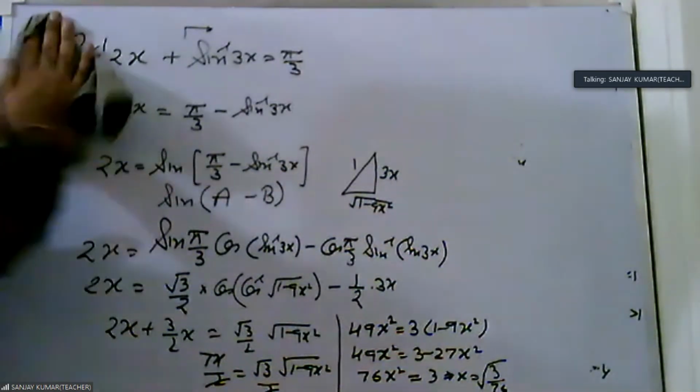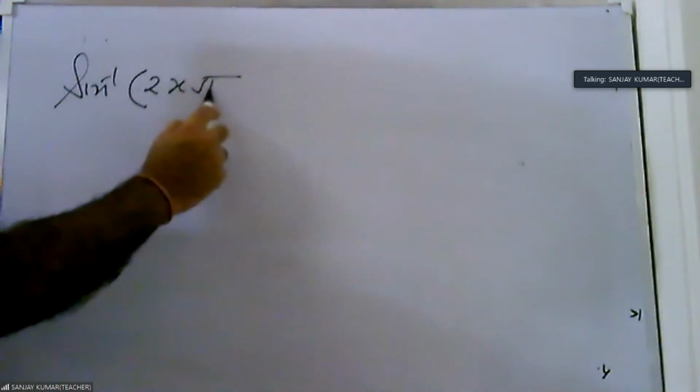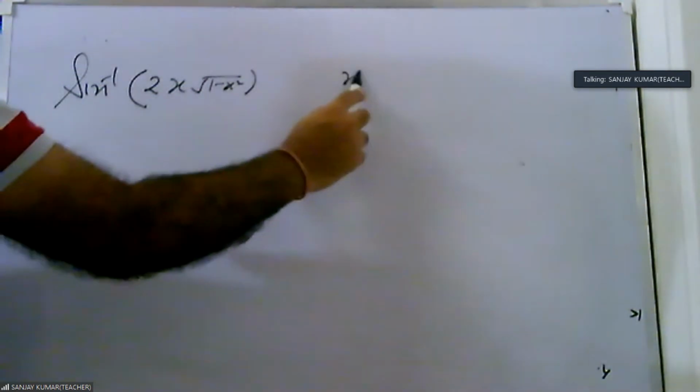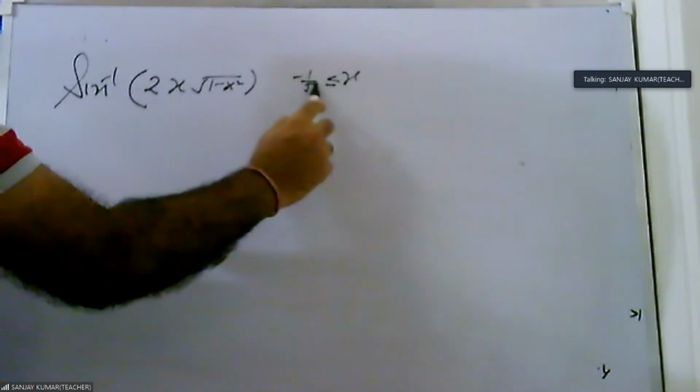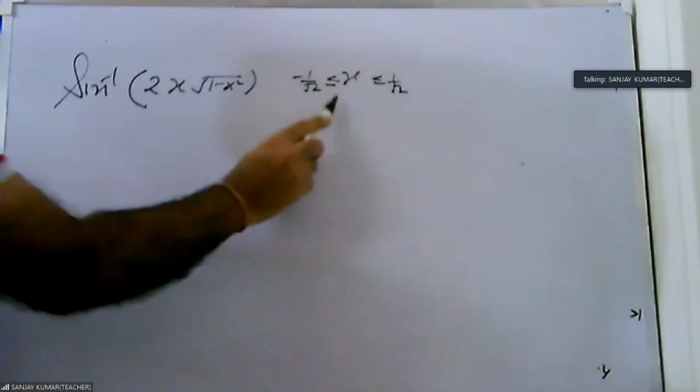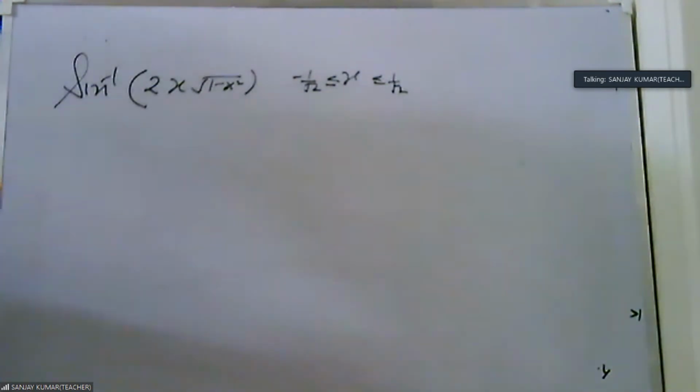Now you see very carefully your screen. Okay, we start type C. This type is common with the differentiation chapter. This exercise is also in differentiation, also in inverse trigo. तो अब आप प्लीज बहुत ध्यान से देखोगे ना, you see very carefully. This is the question: sin inverse of 2x under root 1 minus x square, where x is given from minus 1 by root 2 to 1 by root 2. What is the role of this and how do we solve this? This is the difficult part of this chapter. ये एक part है जो differentiation chapter से भी common है.